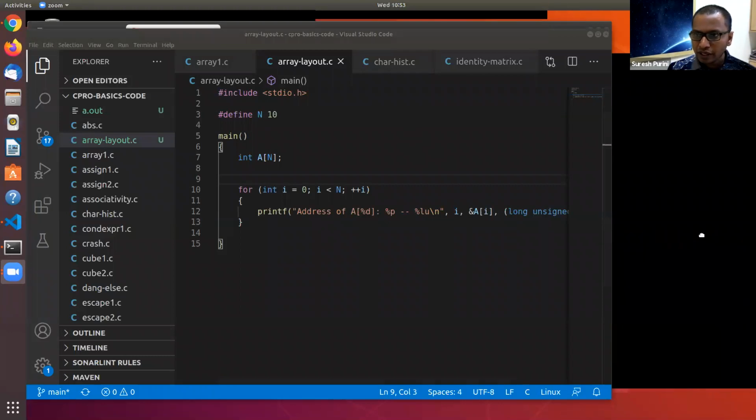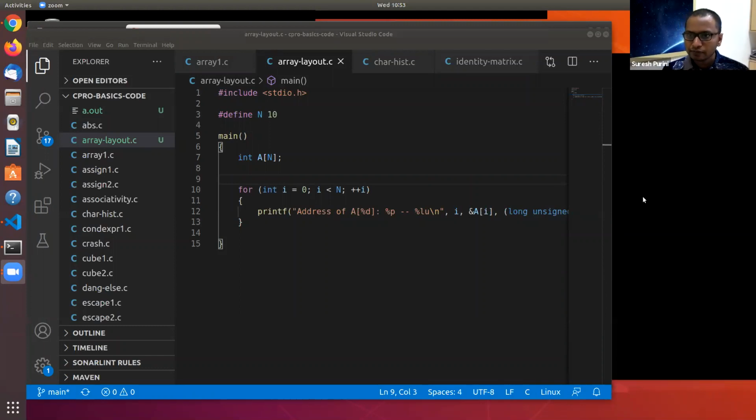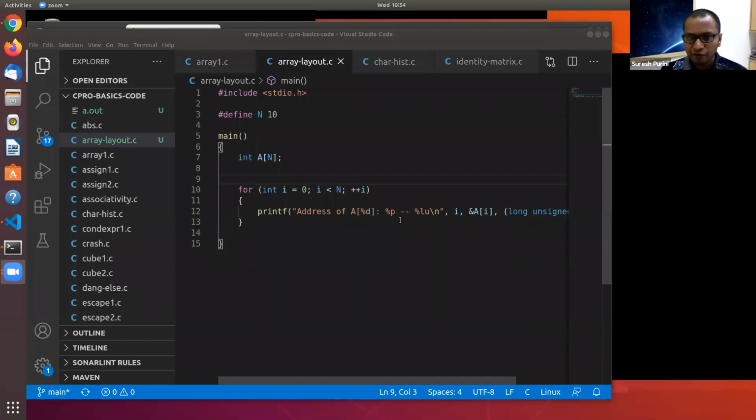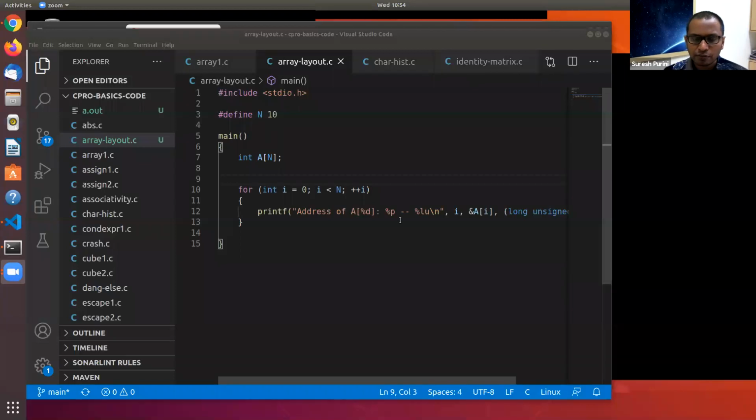Okay, Chinmay, go ahead. Sir, can you hear me? Yes, correct. Did you use %p and %lu to get the hexadecimal address? Which placeholder did you use? %p prints the address in hexadecimal form, %lu just prints it in decimal form. So does %p always return hexadecimal? I think so, yeah. It always prints in hexadecimal.